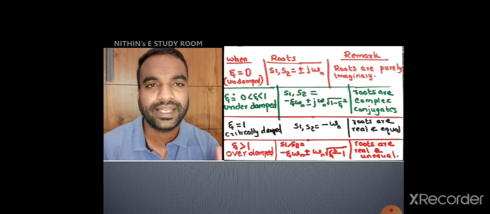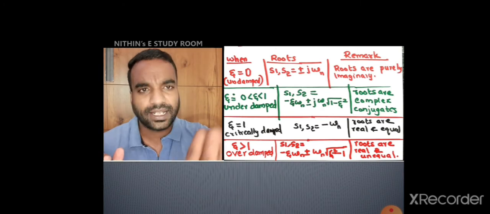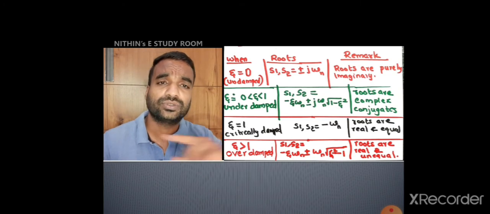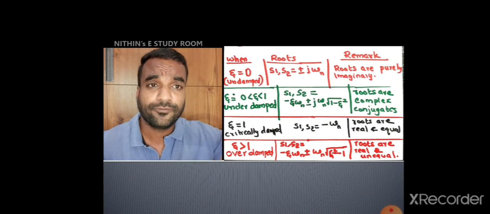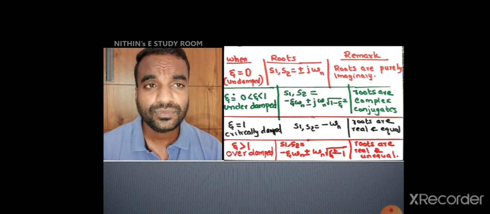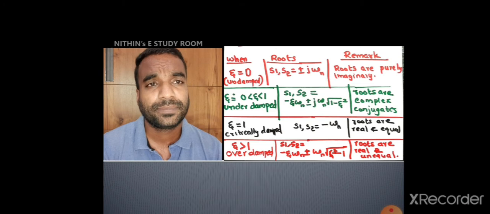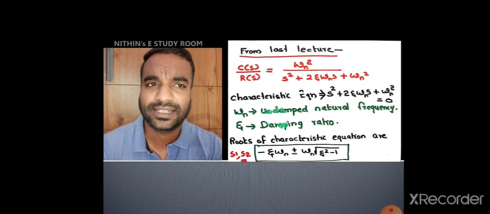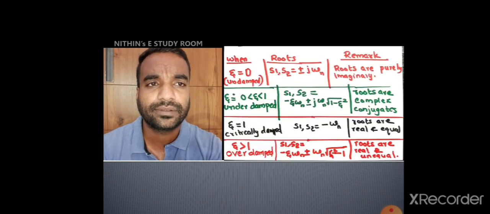We are not providing any damping. So, the nature of response will be oscillating continuously. No control is there. It will oscillate continuously like a sine wave. And the roots are, please substitute eta is equal to 0 in this one. You will get the same thing. Everything is there in lecture number 40. I am just reviewing it.